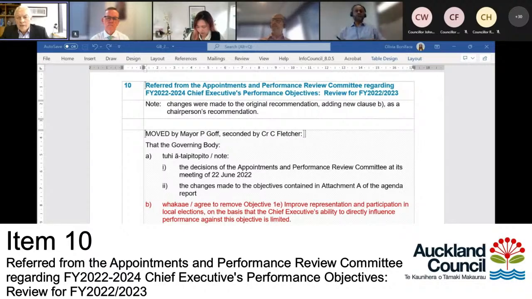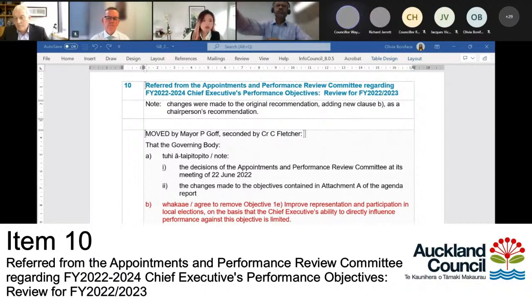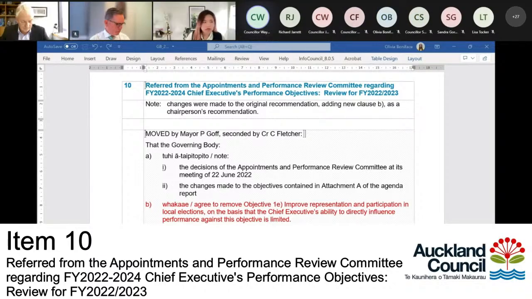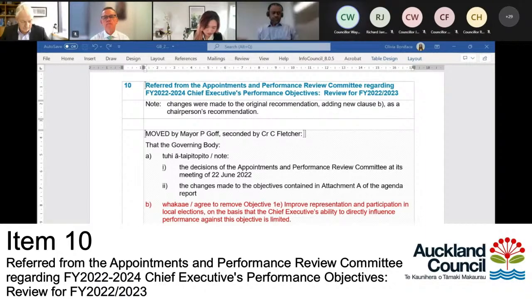Thanks. Next question I have is from Councillor Wayne Walker. Sure. So I've got a question around B, and I don't have any point of difference with B. It's about removing that objective as it goes to the influence of the chief executive around representation and participation in local elections. So the question I've got goes to a specific example where there was a complaint, and this involved